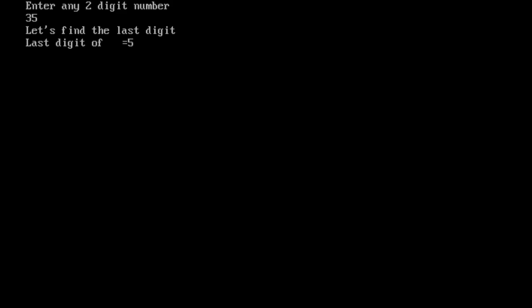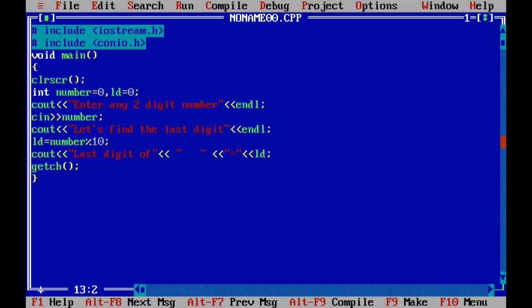Let us find the last digit. Last digit of is equal to 5. Which number? That we have to enter. So, here it is left of number.